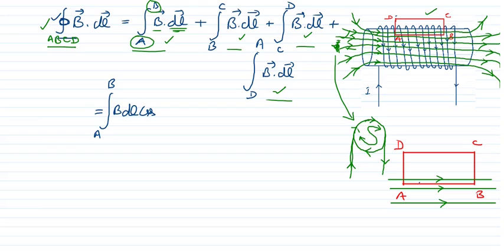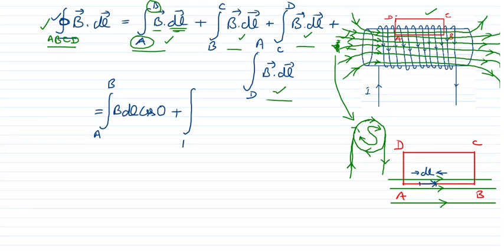Now if I take a small portion of the wire, and that is dl on the AB, then what is the angle between dl and AB? So ultimately you can see the angle is 0, both are parallel. Now